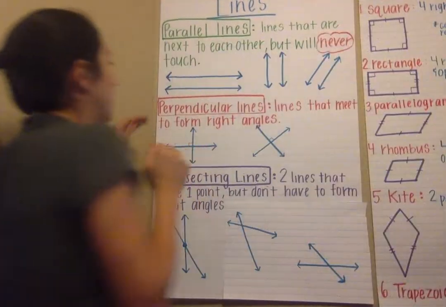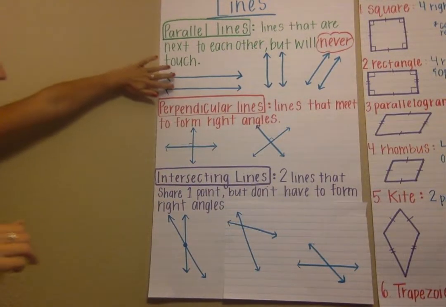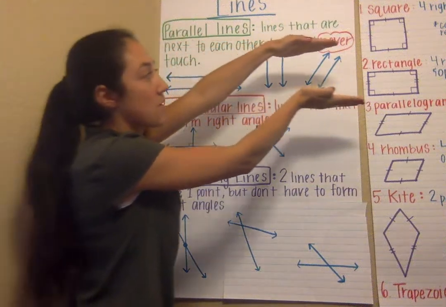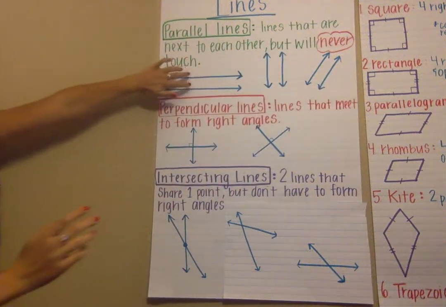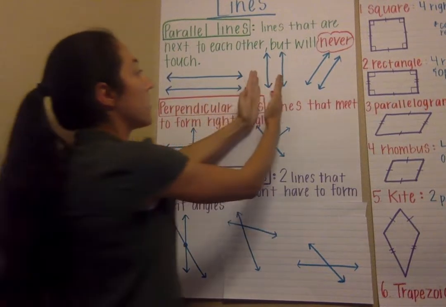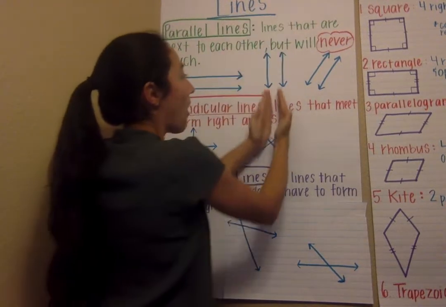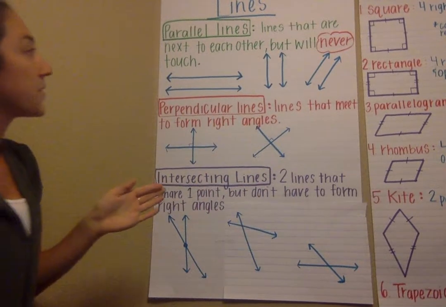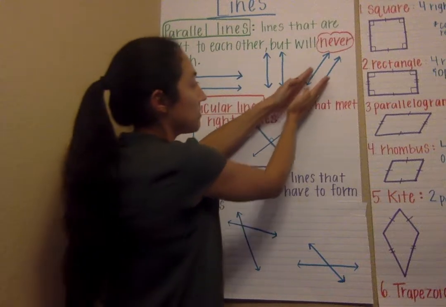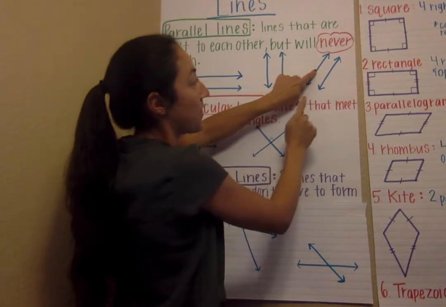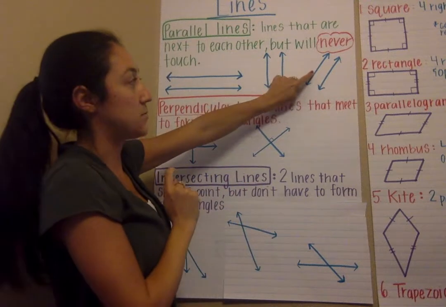So for example, these 2 lines are going this way. Even if they keep going and going and going, these 2 lines are never going to run into each other. Same with these 2. If they go all the way up or they go all the way down, these 2 lines will never touch each other. And then same with these 2. They are going off into either direction, but this one will never touch this one, and